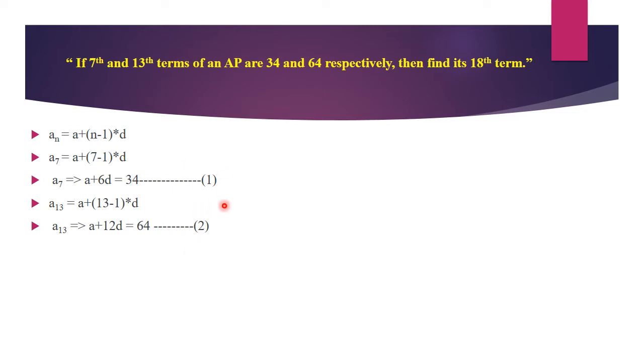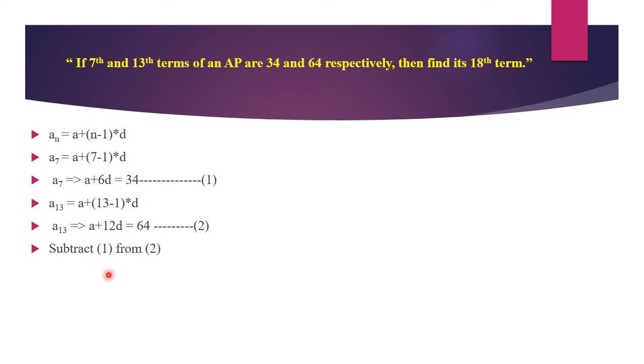Now you remember one concept here. Whenever you have a problem like this from the AP chapter, do not jump to solving it by methods like substitution method or cross multiplication method of the pair of linear equations in two variables chapter, but you can solve this directly by the elimination method. How can we eliminate? You can see in the first equation a is present, in the second equation also a is present. If I directly subtract the first equation from the second equation, the a term will automatically get eliminated. Let us see how we can do that.